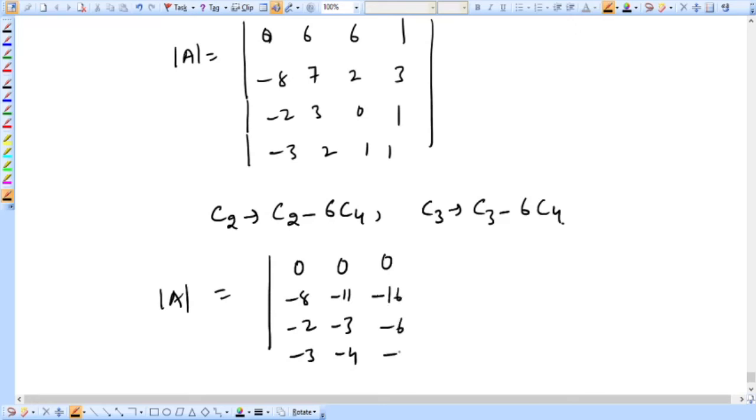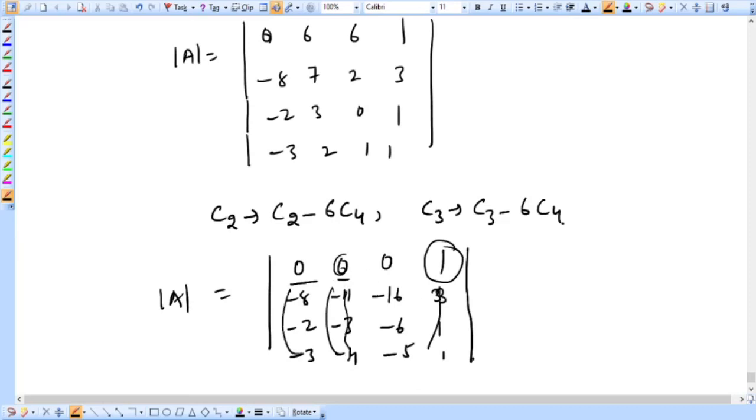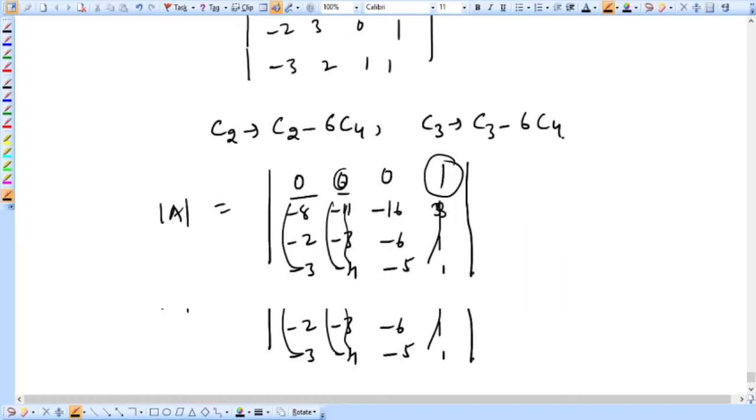Similarly, minus 6, minus 5, and the last column would be the same. So it would be 3, 1, 3, and then 3, 1, 1. Now if you want to find out its determinant, it's the same process: 0 times this and this, 0 times this and this. So finally,